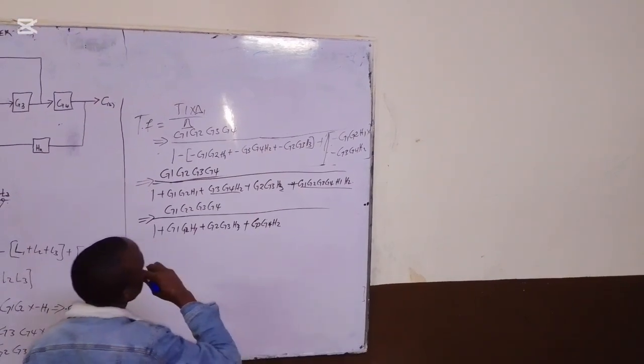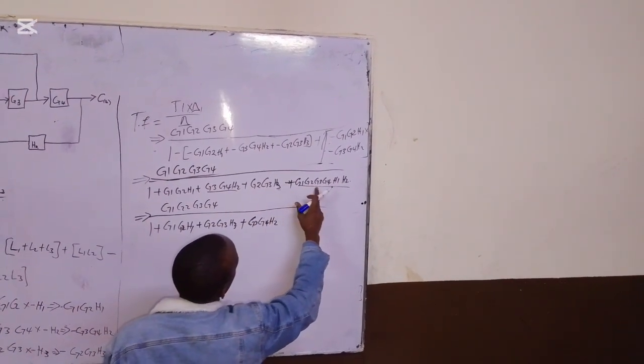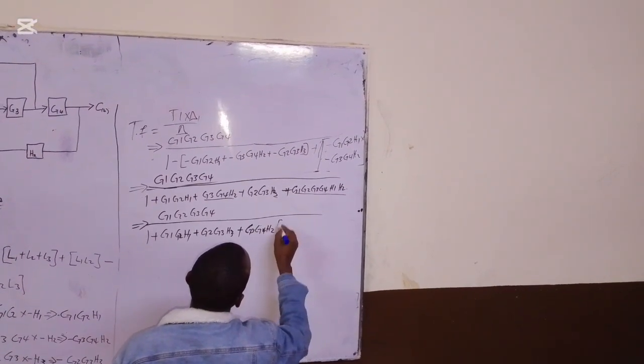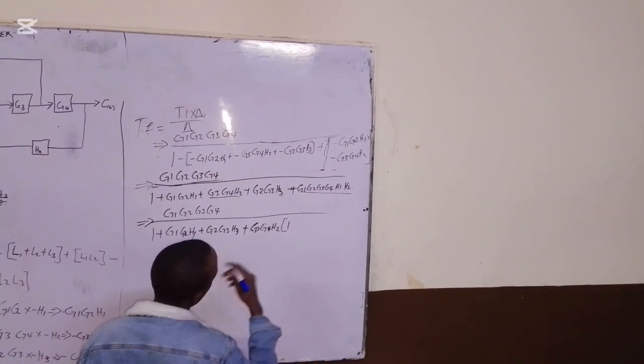In these two terms we have G3 G4 H2 in common, so we can factor out G3 G4 H2, so that we get 1 plus